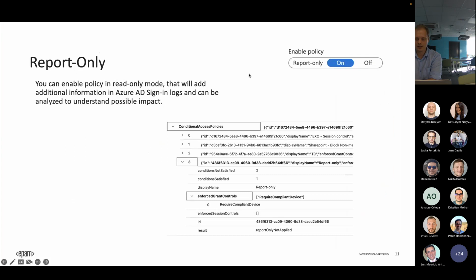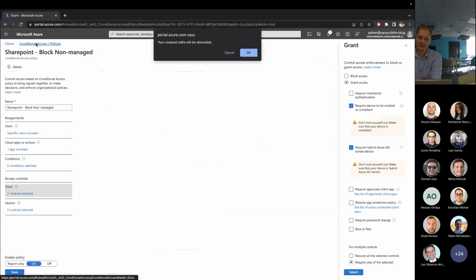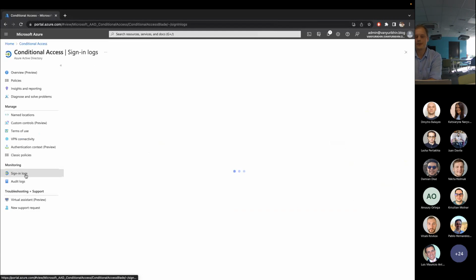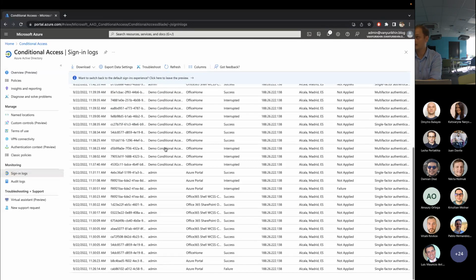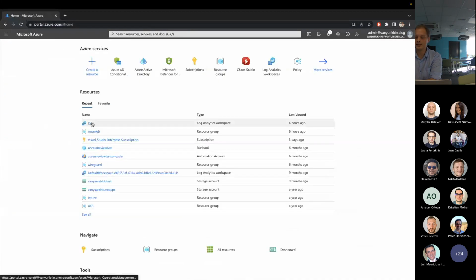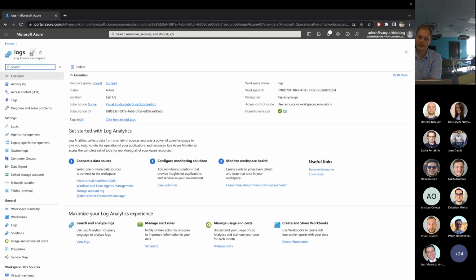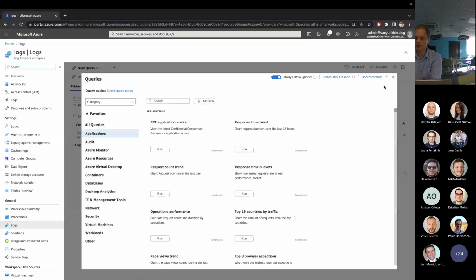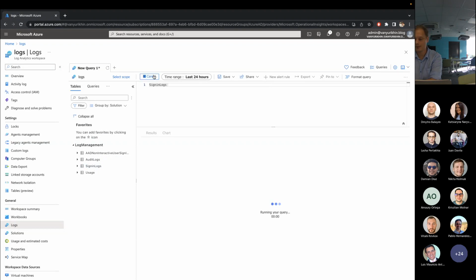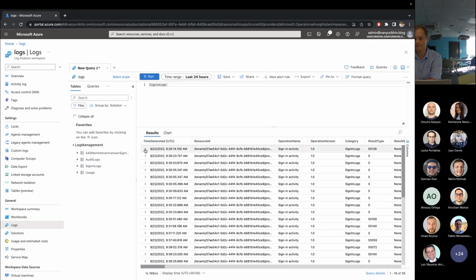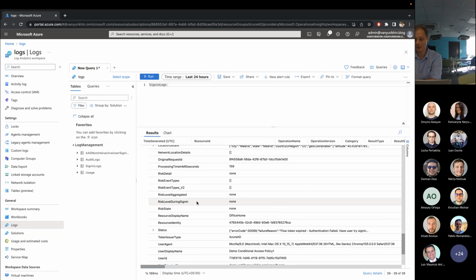Okay, so the most important thing I forgot. All the information about sign-ins, attempts, and everything is obviously going into sign-in logs. And if you want to analyze that, as I mentioned, everything is being sent into logs, and you can export Azure AD logs into a Log Analytics workspace. And then in the Log Analytics workspace, you can just query your sign-in logs for whatever you want. And on top of everything, because now we do have a report-only policy,